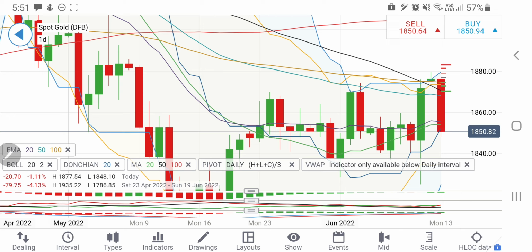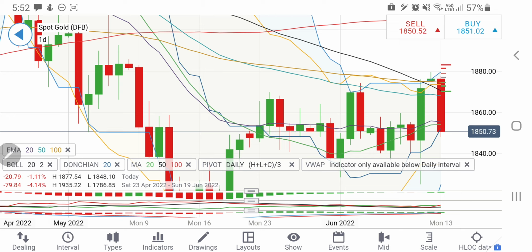One can go short at 1850 levels, take a target of 1847 as the first target, 1845 second, then below that we will look forward to 1840, 1836, 1830, 1824, 1820. One can stay short for the rest of the week. One can expect it to drop till towards 1820 at least. So trade accordingly, trade profitably, and on the upside if it breaks past 1860, you can go long for 1865, 1870, and then on the upside it can fly high.